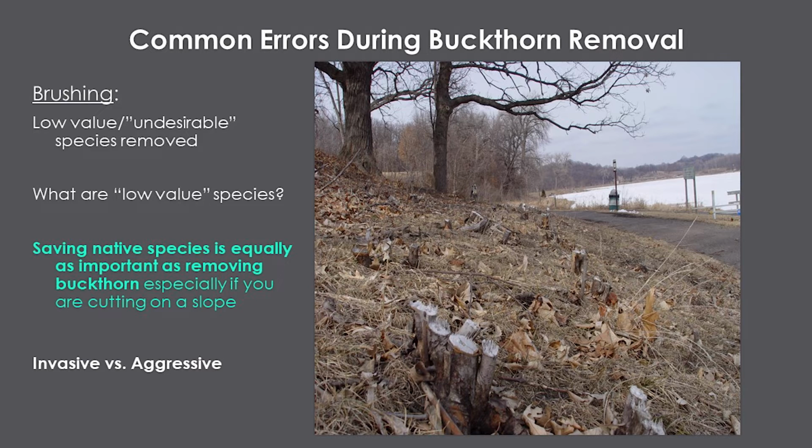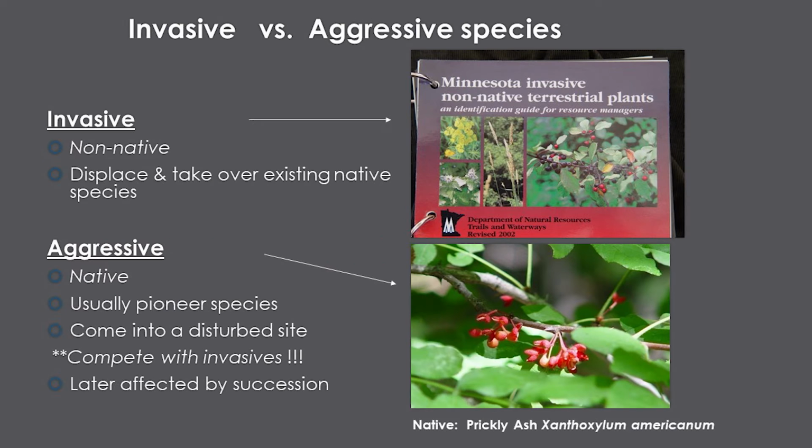Now we're going to talk about invasive versus aggressive. I didn't even talk about the definition of invasive. The definition of invasive is a plant that evolved on a different continent from where we live. So think of the European continent or the North African continent, and then think of our North American continent. Our North American plants for the last 10,000 years after the glaciers receded co-evolved together. So animals are feeding on them, and the plants make reactions to the feeding. They might make some toxins so they don't get eaten as much, and then the animals will get adapted to that. And so there's these checks and balances that are happening, and all these organisms are evolving together, and they live in a kind of balance.